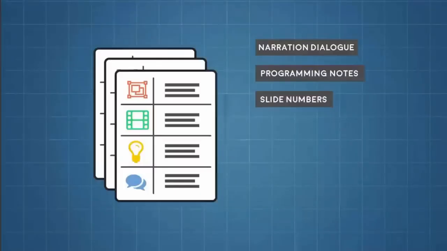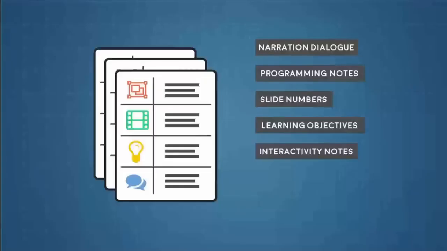Slide numbers. You know, you might want to reference a specific slide number. That's something typically put in a storyboard. And you might use those slide numbers not only just so it's easier for editing to identify an individual slide, but those slide numbers might correlate to the authoring tool. They might also correlate to audio narration files. It's very important if you have your audio professionally recorded, or even if you don't, even if you're just doing it yourself and you're recording your audio narration, it's important to know what file goes with which slide of dialogue. And so you might use slide numbers to help organize that content.